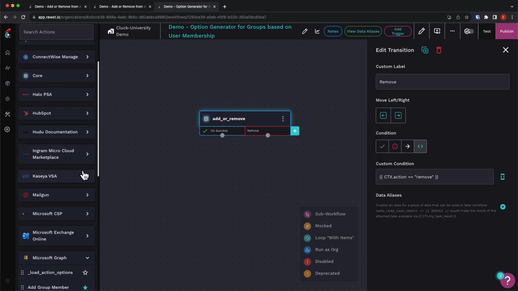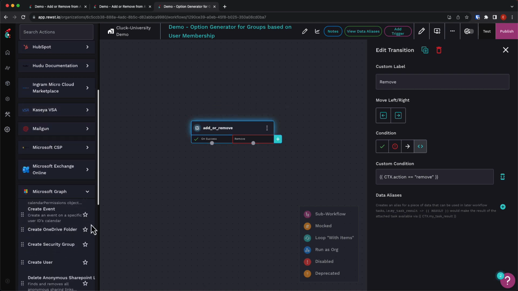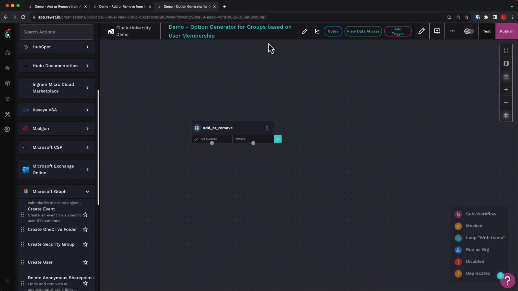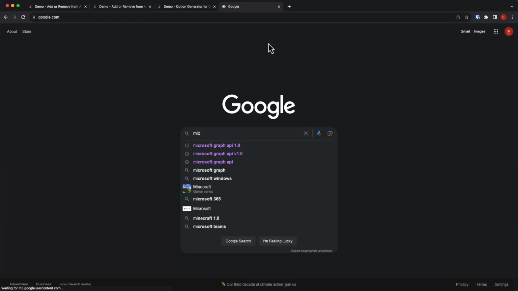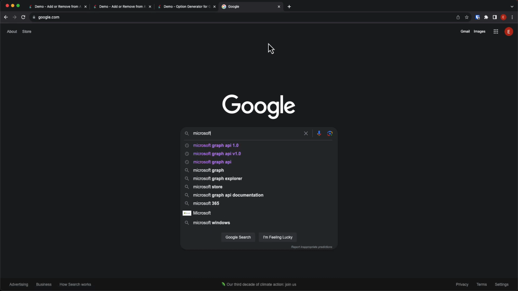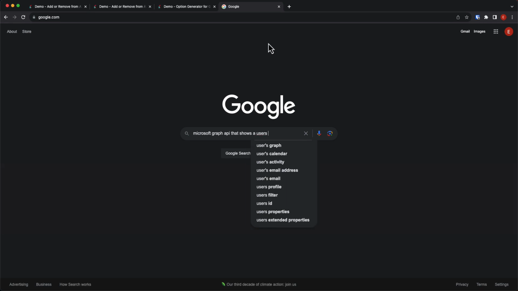And if you look through the graph section, you'll fail to find the action to show a list of groups that the user is a member of. You can use the search bar, you can look through, but at the recording of this video, that action doesn't exist. If we spent a little bit of time Googling for a Microsoft Graph API that shows a user's group membership,